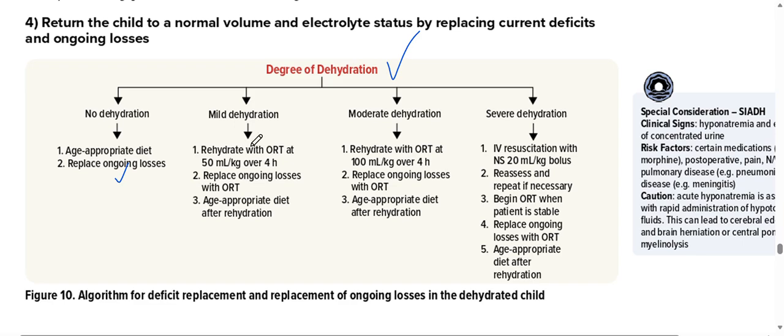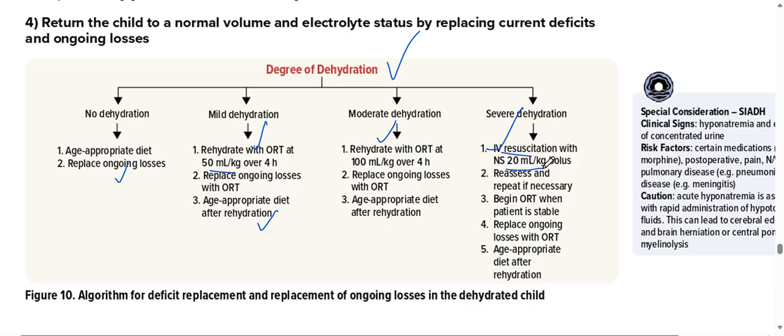In mild dehydration, we have to rehydrate with oral rehydration therapy and an age-appropriate diet after rehydration. In moderate dehydration, rehydrate with ORT, and the rate is a bit higher. In mild it is 50 ml per kg, in moderate it is 100 ml per kg over 4 hours, and the rest is the same. And in case of severe dehydration, always remember we have to give IV fluids to the child,